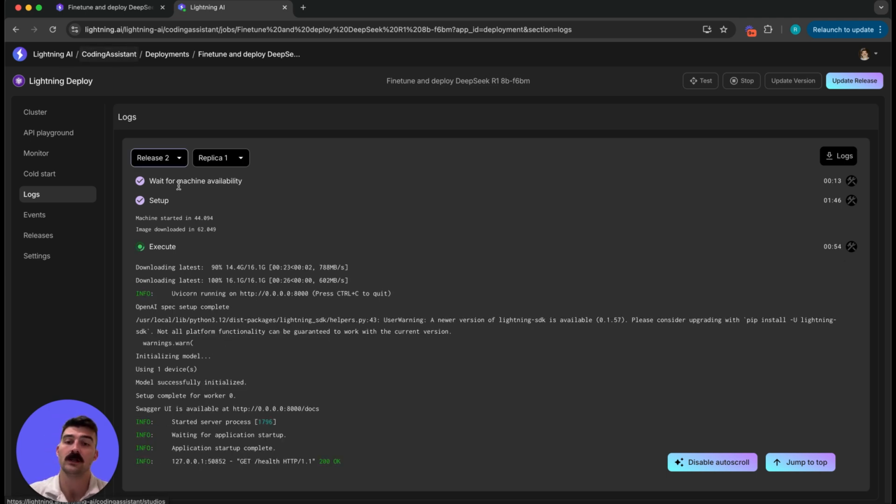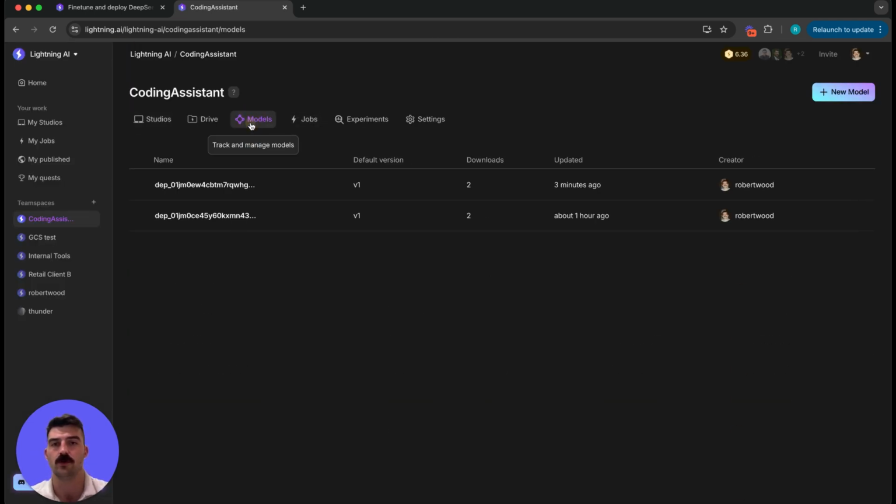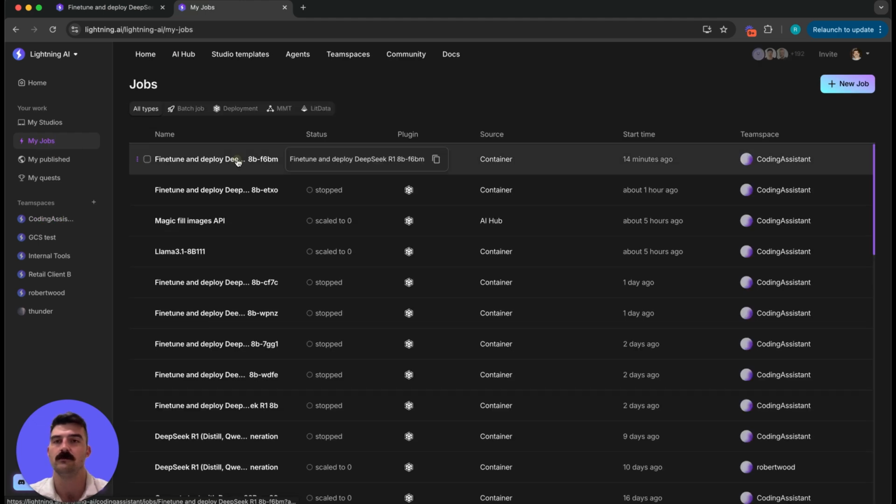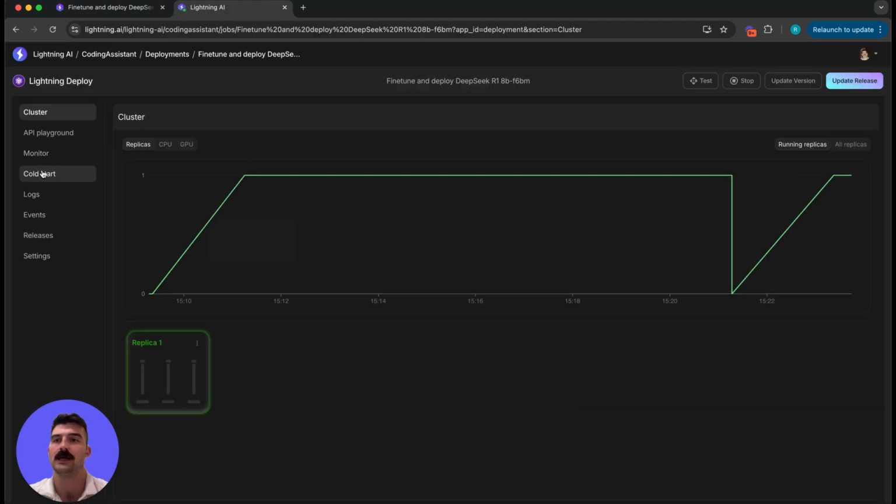So quickly, before we actually send a request to this model, I want to hop over to the team space, and I want to show you that the model is actually right here. So we can see that 3 minutes ago, this model was uploaded to your personal private model hub, and then we pulled it back down so we can actually make those requests. So now, if I go back over to my deployment, I can see it spun up,